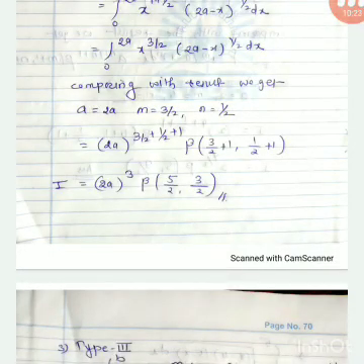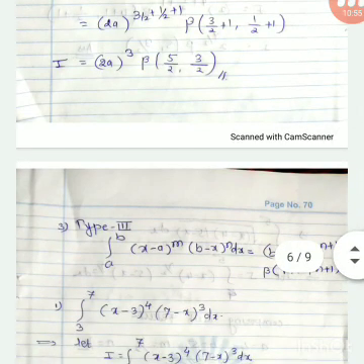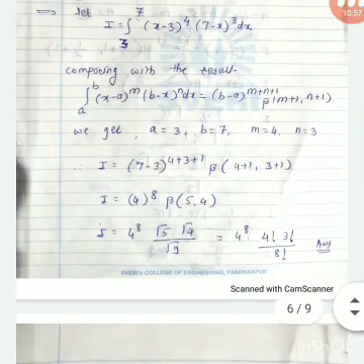Sorry for the disturbance. Next, x raised to 3 by 2, 2a minus x raised to half, dx. Comparing with the result, we get 2a equal to 2a for the result, m is equal to the x power 3 by 2, and n is equal to half. Put all these values in our result, that is 2a raised to 3 by 2 plus half plus 1, therefore it becomes 3. By using a calculator we will get the value, and beta of 5 by 2, 3 by 2. We can simplify more by using the relation between the beta function and gamma function, or keep it as it is. Okay, now we will move further.